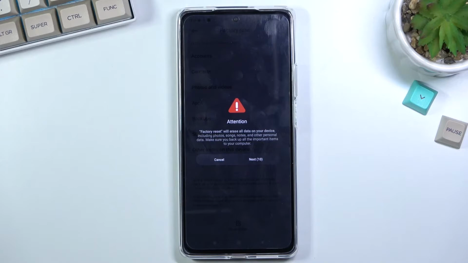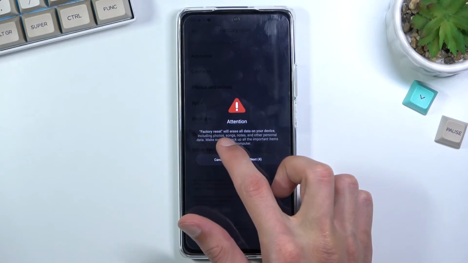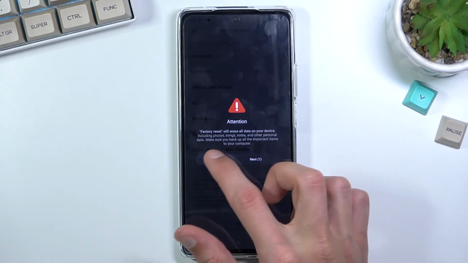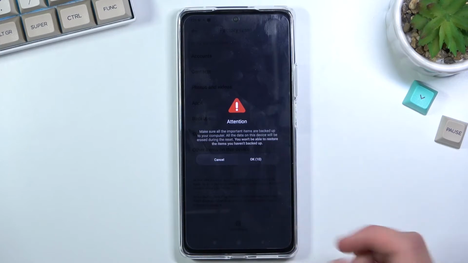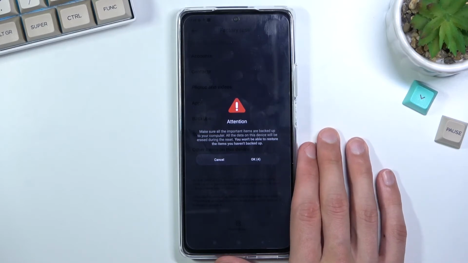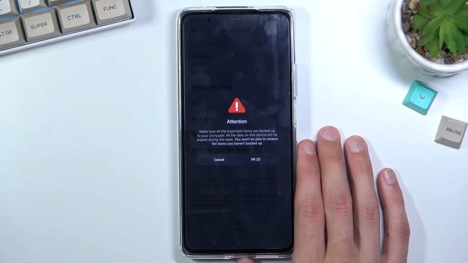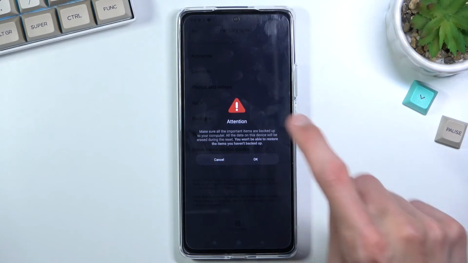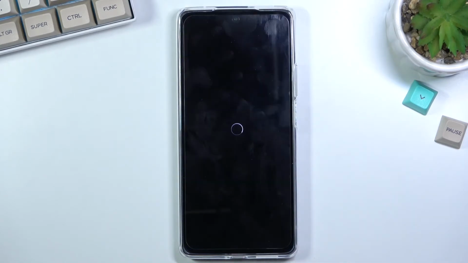select factory reset and give it 10 seconds so you are completely aware that this will remove photos, songs, notes, personal data and whatever. And then on the next page we get something about backups. So yeah, basically it removes everything, so that's what you need to be aware of. And once you click on OK, this will begin the process, which will take a couple minutes, so let it